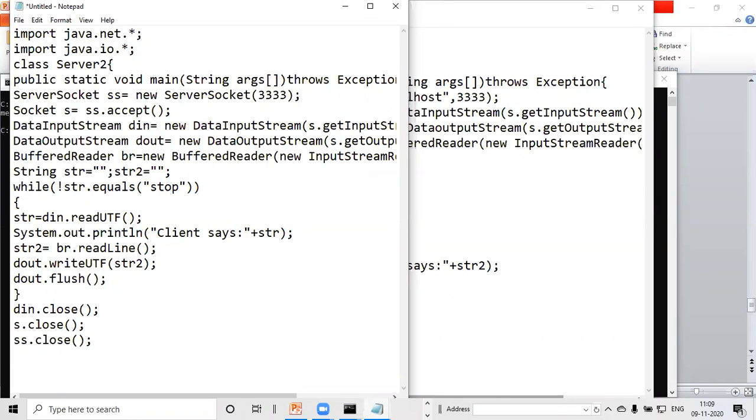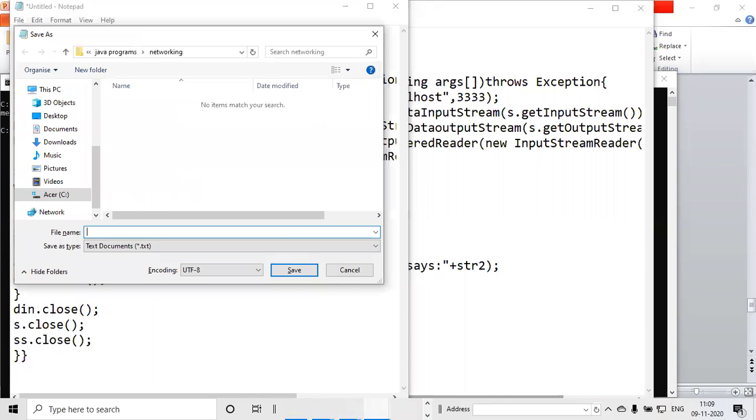Okay, students, this was just related to this networking part. If you feel like any problem, we can discuss when we start with the practical portion also. Okay, so this is just, we can say, for your knowledge, the very first lecture that is related to how we can communicate between different machines or systems. ठीक है, सो ऐसा नहीं है कि इसके बाद खत्म हो जाएगा, if you feel like any problem we can discuss during our practical classes also. So I just saved this program, Server2.java,